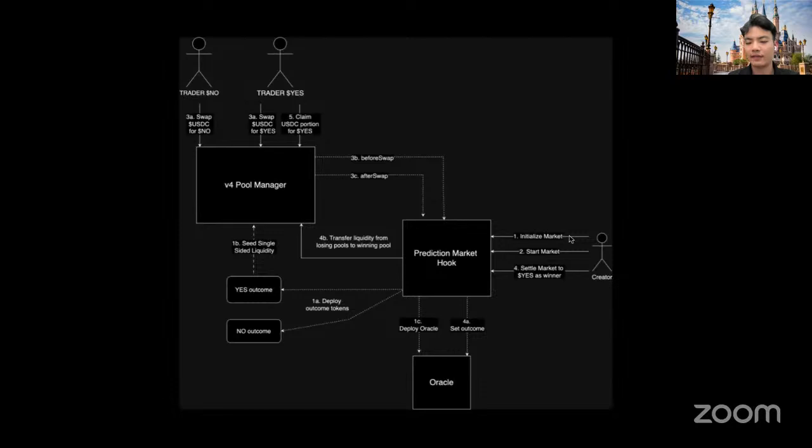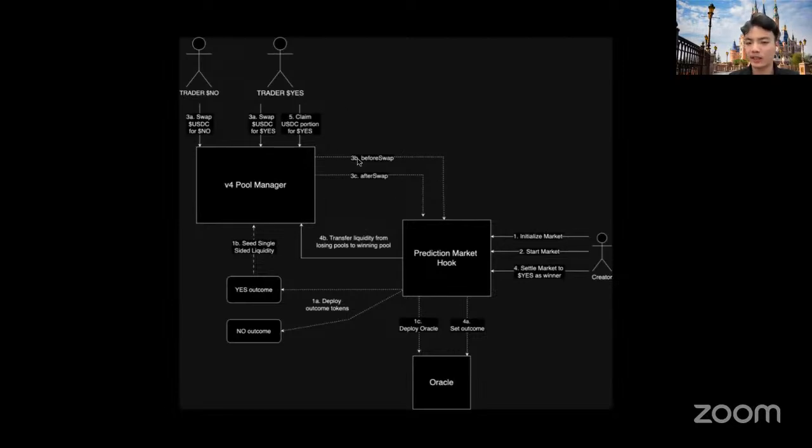Second, after that, the creator can start the market and allow trading. Before this, the market was frozen because we had disabled the hooks, but now we can allow the hooks to start trading. Now the yes trader will start buying yes tokens with USDC, and the no trader will start buying no tokens with USDC, on whether or not Trump will win. Afterwards, the before and after swap hooks will be triggered.